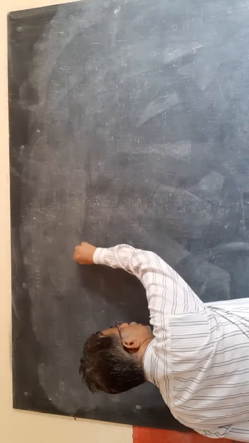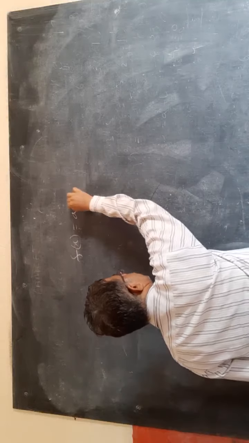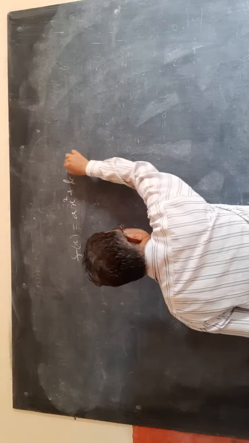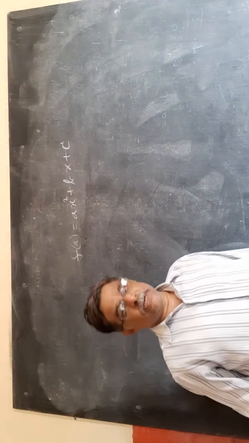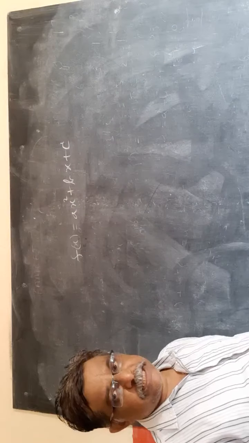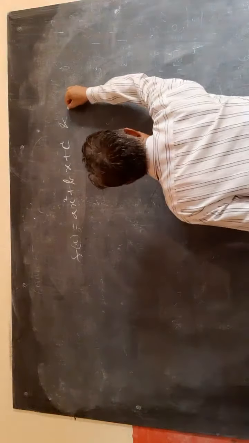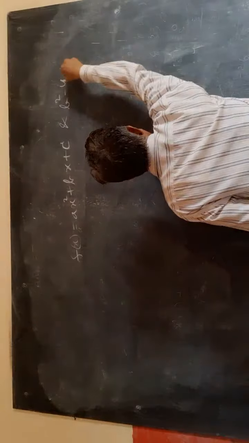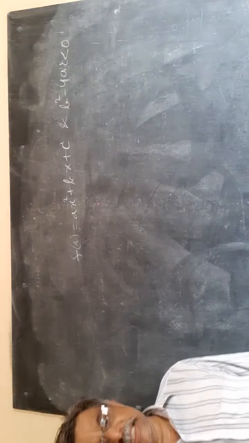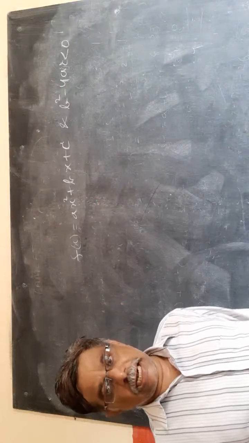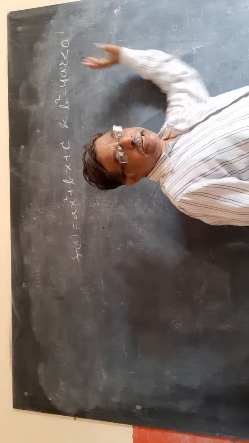If f of x equal to ax square plus bx plus c is a quadratic expression and b square minus 4ac is less than 0, which means containing non-real roots, then